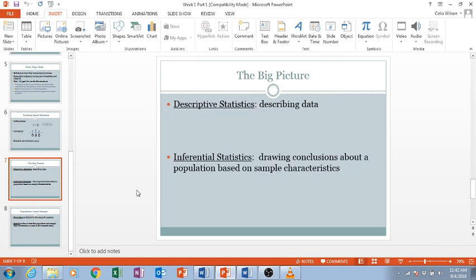I'm going to pull up another document here in a second, but looking at the big picture, we're going to spend about the first third of the course in this descriptive world, if you want to think of it that way. So no matter how fancy an analysis you do or how much data you collect, when you start to write up your results, you always want to provide the reader a description of who your participants are. How did they do on this variable or that variable or this assessment or that assessment? Kind of in general, how do they look?